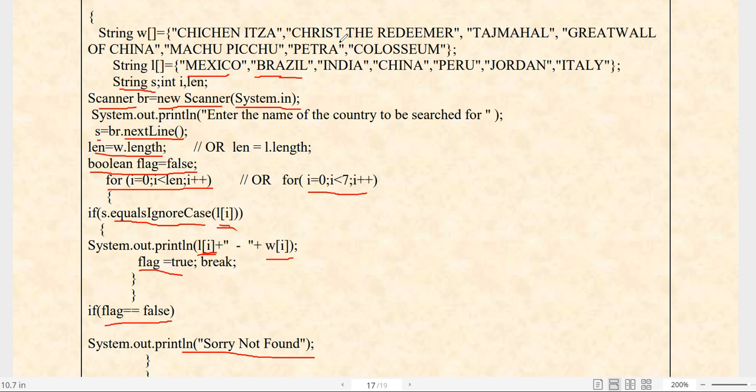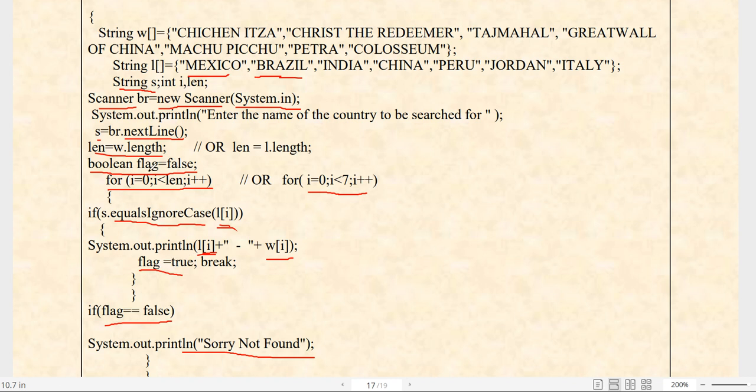First of all, we have to declare the array elements, then we have to take the input from the user. This flag variable we have declared here is of boolean type. Some students are confused about why we have declared the boolean type. You can declare it in another type also, like integer. If you are taking it as integer type with initial value 0, then when you come inside the loop, that value will be changed.